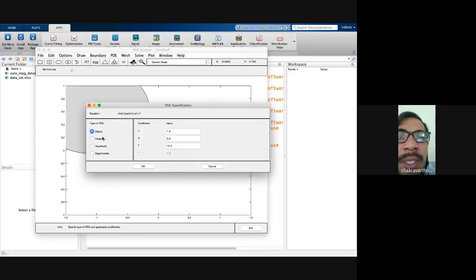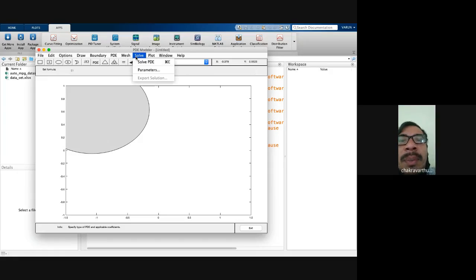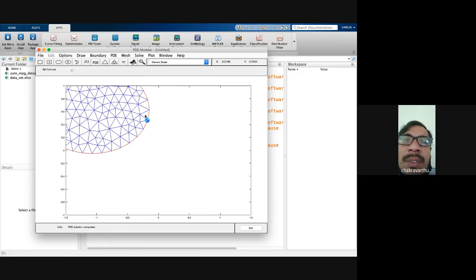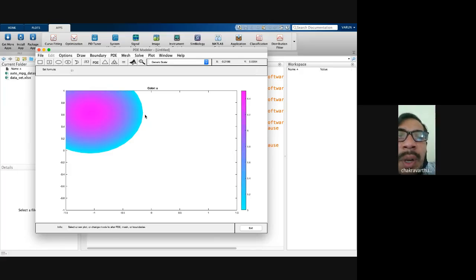Now just click on solve PDE. Give some values and solve the PDE, then it is going to get some values. Then plot the surface, go to plot, plot solution.